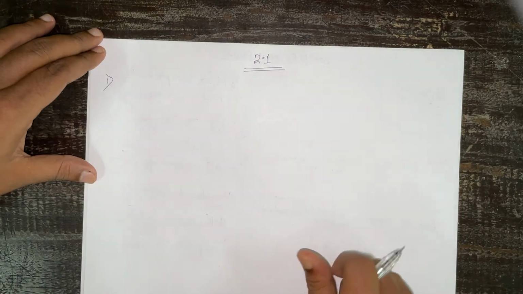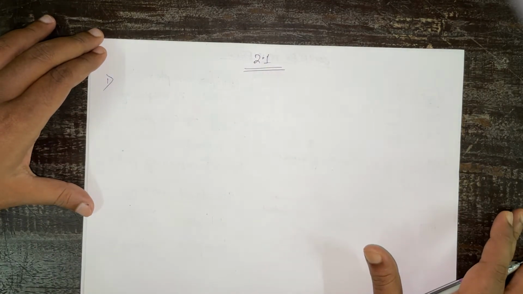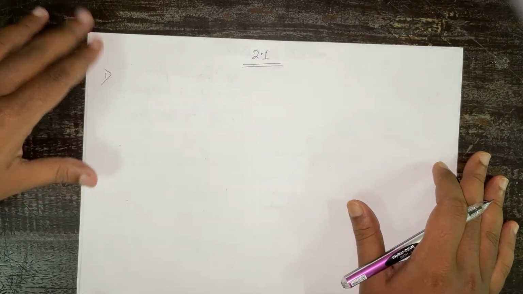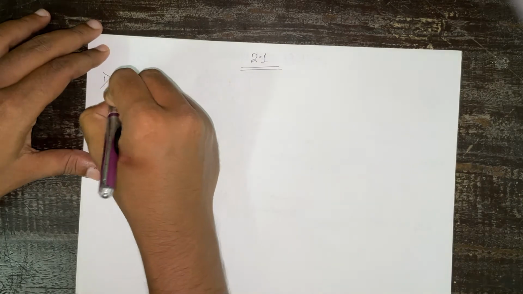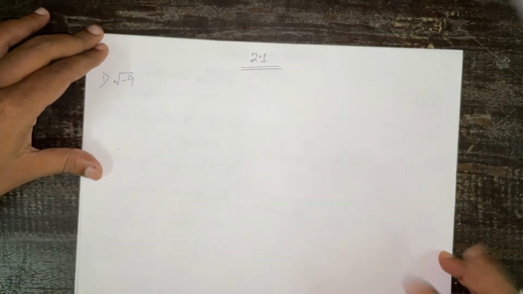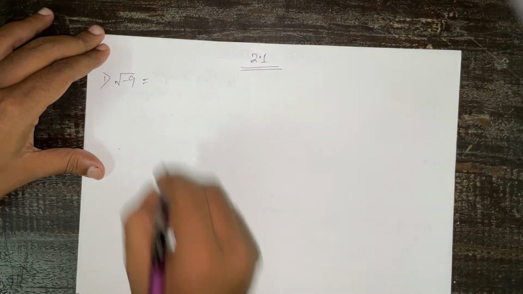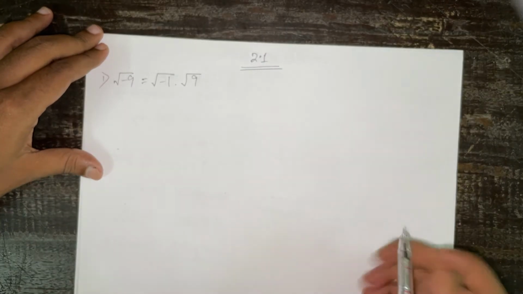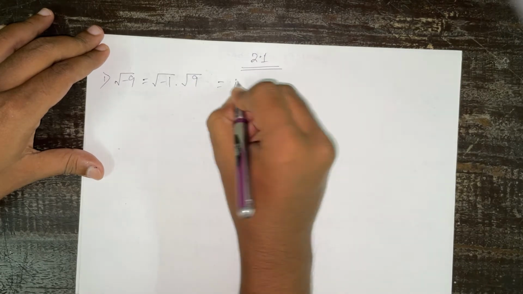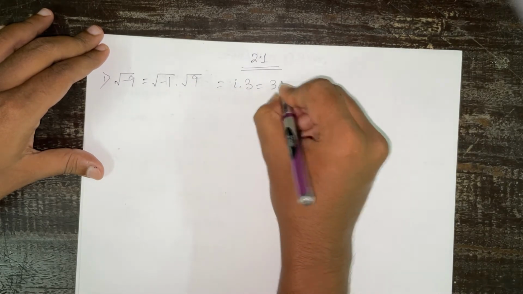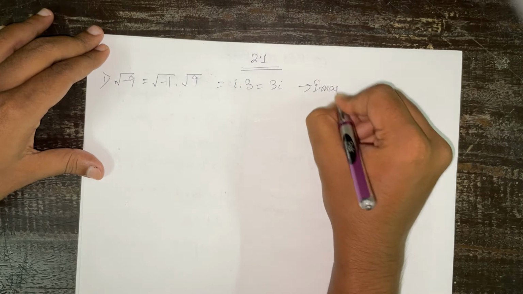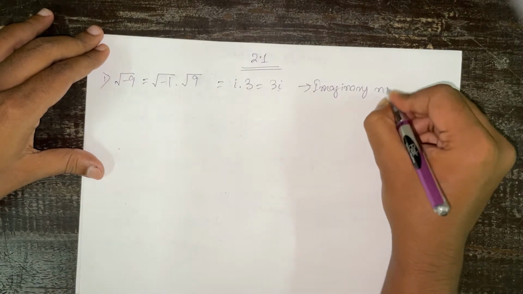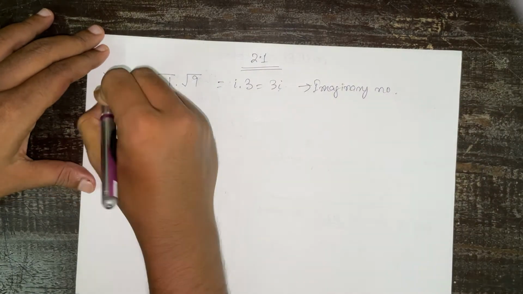Number 1 is: identify the imaginary numbers from the following. So if you take a book and see the different numbers given, you have to identify which are imaginary. For example, root over minus 9. So what can we write here? Root over minus 9 can be written as root over minus 1 into root over 9, obviously. Then root over minus 1 is i and this is 3. So we get 3i, which is an imaginary number, of course, because we have i here. So it is an imaginary number. Done. This is number A.